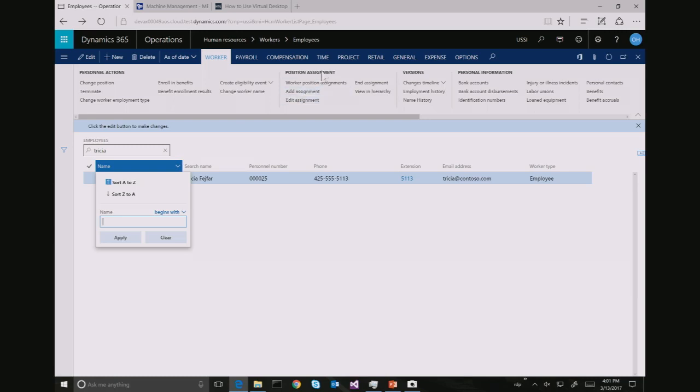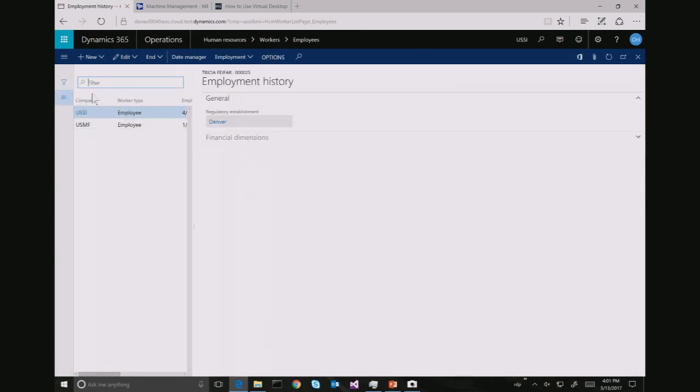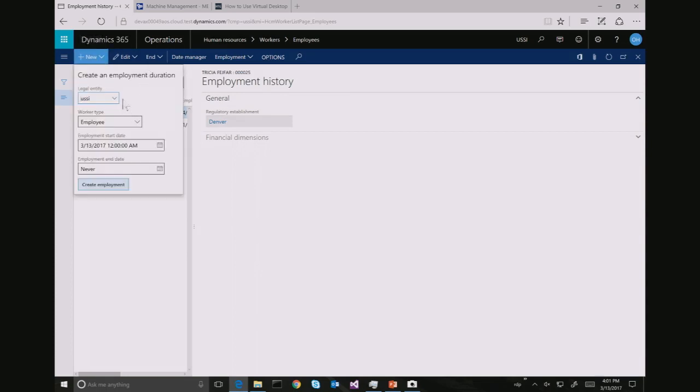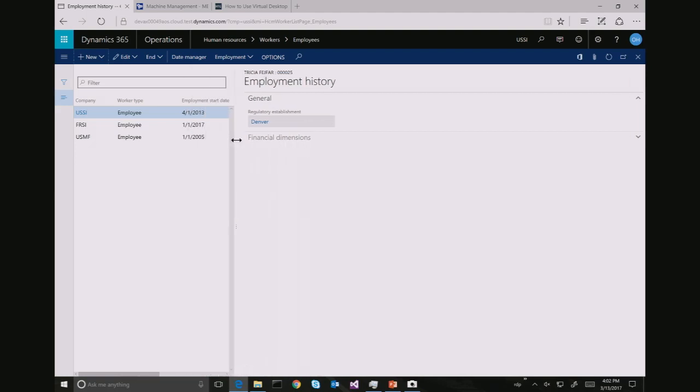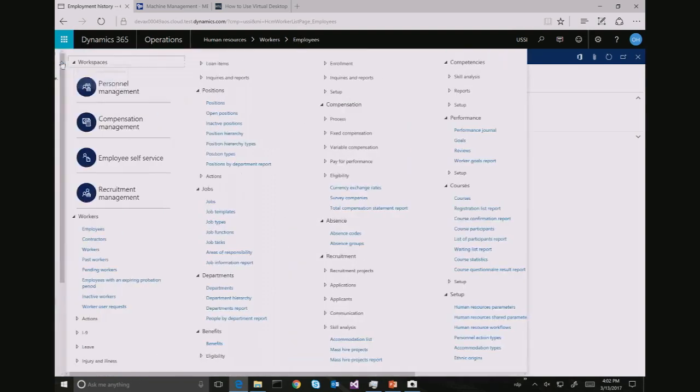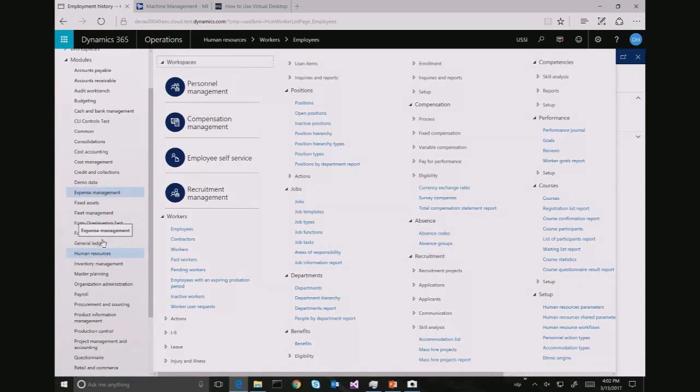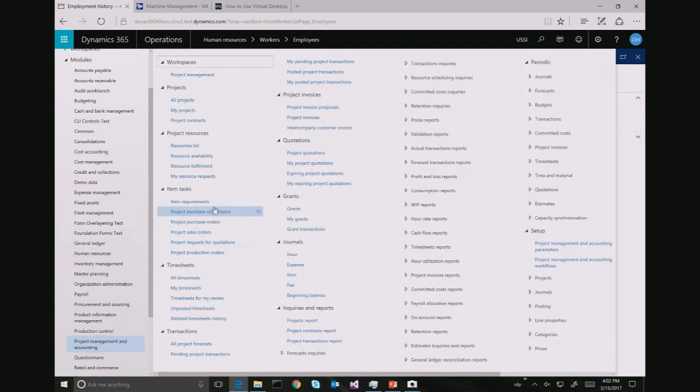So I go in here, and let's see. Employment history. So now I'm in the human resources module, and I add her to FRSI as an employee, and I'm going to have her show up as 1/1/21st of this year. Okay, so now she's an employee of these three companies as of those dates. Now, to actually make her a resource, I've got to take another step, and I can do that in a couple of different ways. The way I'm going to do it here is I'm going to go into the